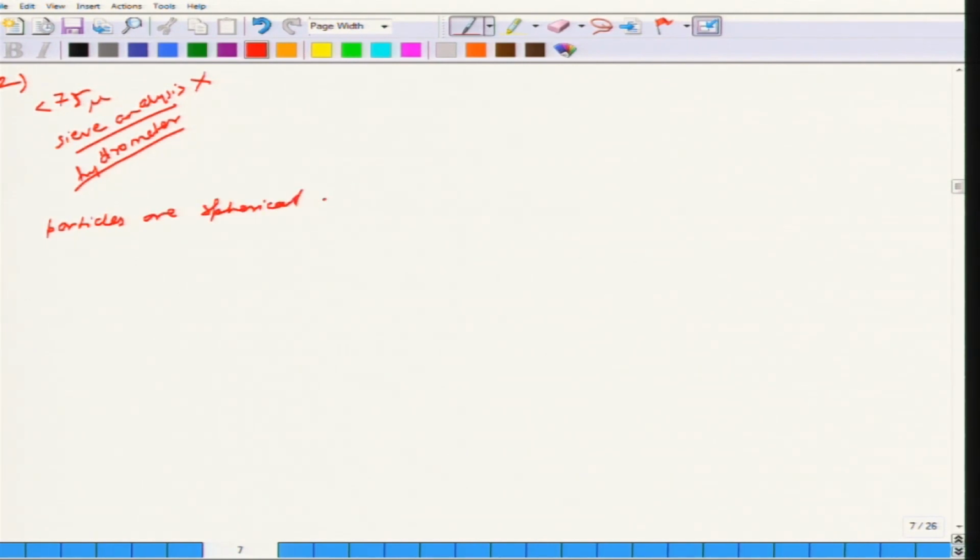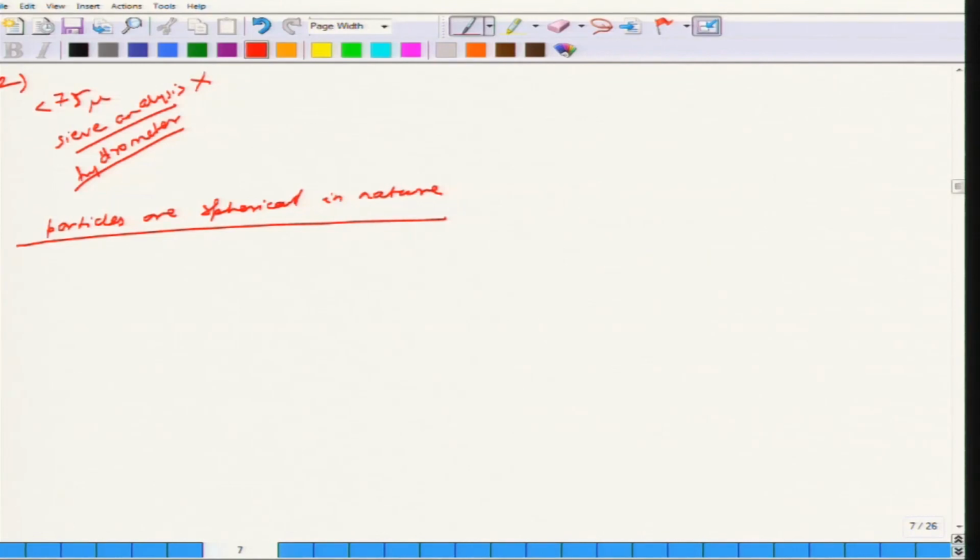If the particle is not spherical in nature, then an equivalent diameter is considered. For particles like clays, which are flaky in nature, equivalent diameters are assumed, considering the particle to be spherical. In this case, the hydrometer analysis is carried out, and here it is asked to find out the time required